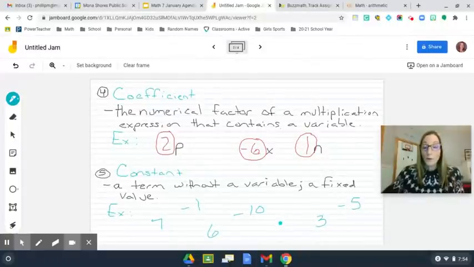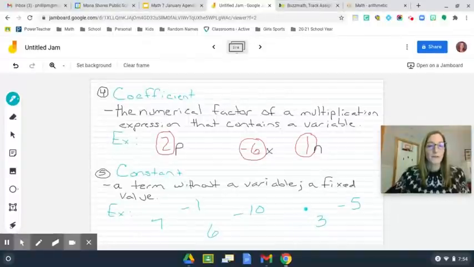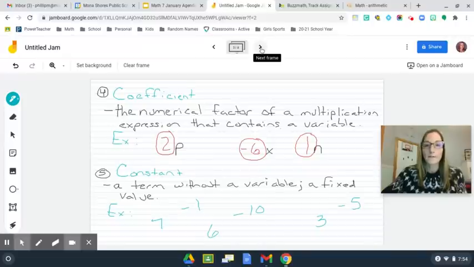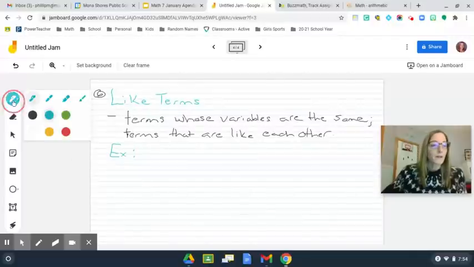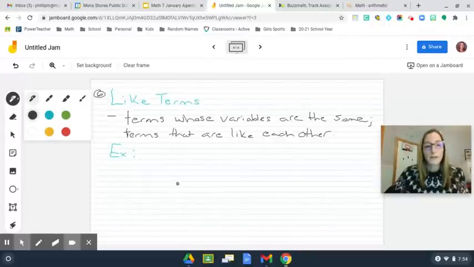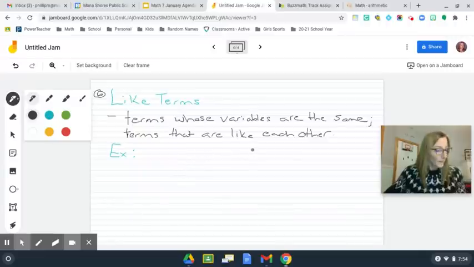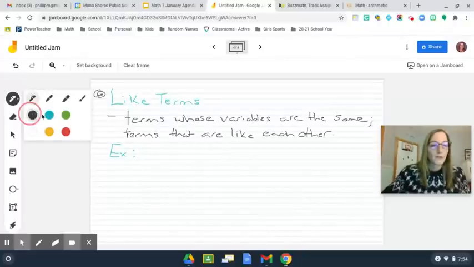Okay, so I have one more vocab term, number 6, so I'm going to turn to the last one. As always, pause if you need to before you keep going. Last one, number 6: like terms. These are terms whose variables are the same, terms that are like each other, essentially. I'm definitely going to do some more color coding here. Let's say